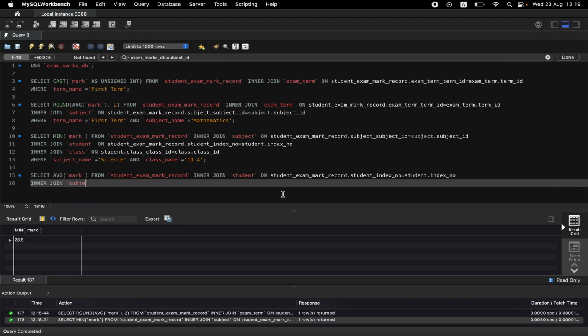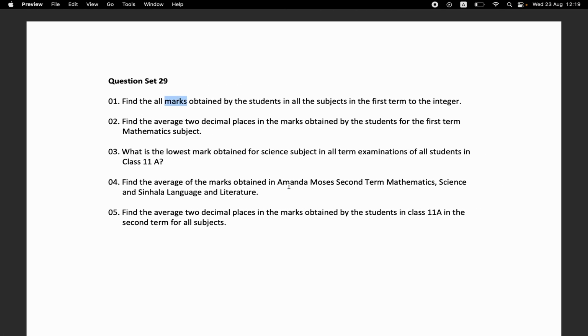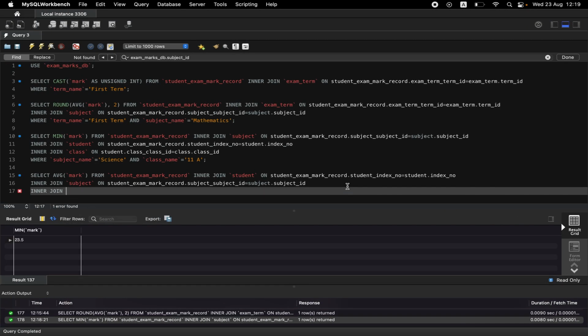We need the subject table on student exam mark record dot subject id equals to subject dot subject id, inner join. We need the exam term table as well on